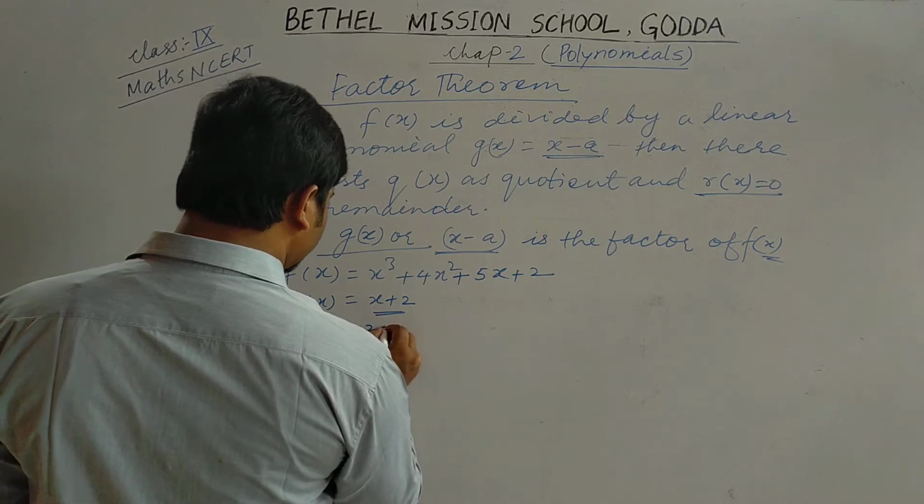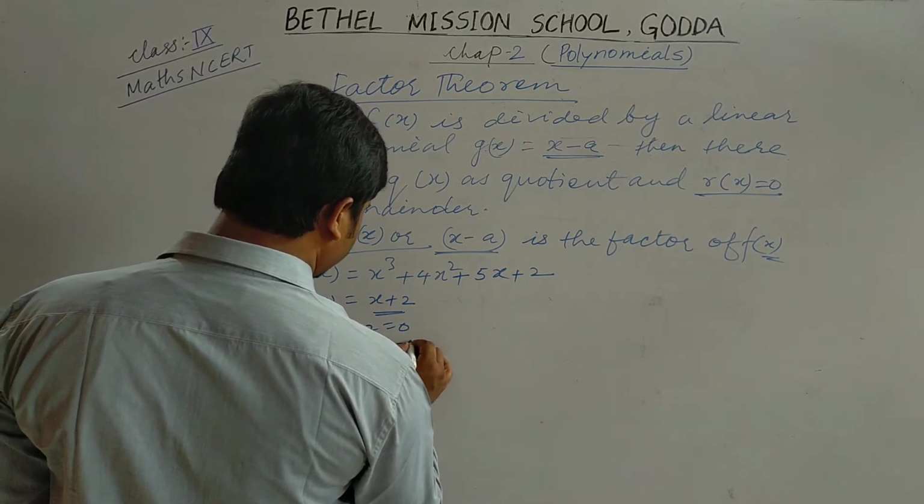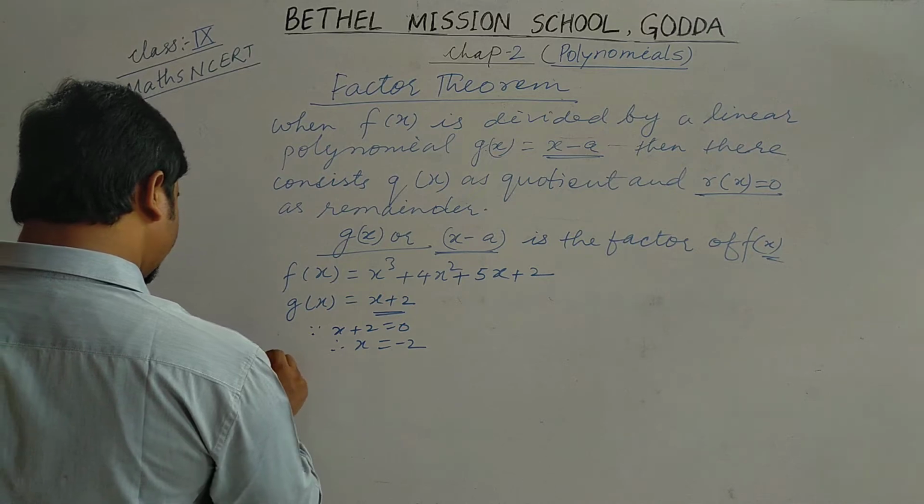Since x + 2 = 0, therefore x = -2. Now by the factor theorem,